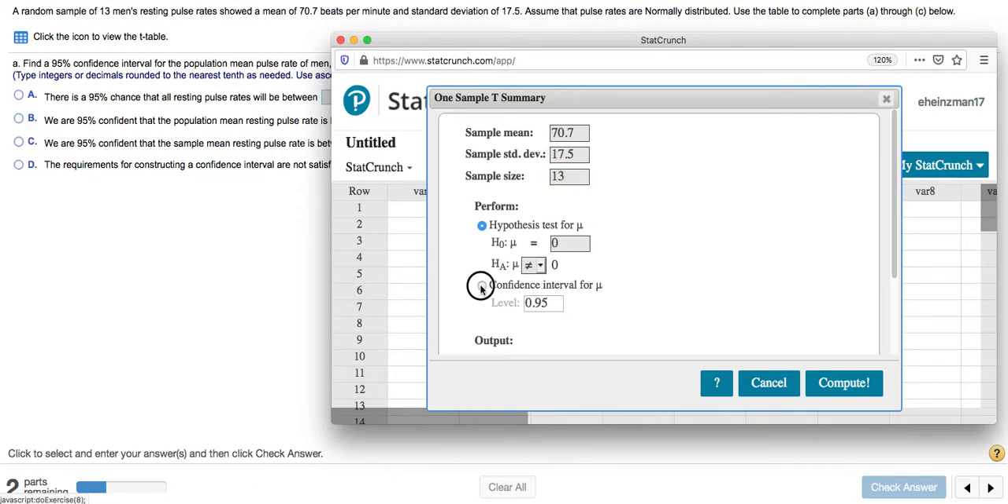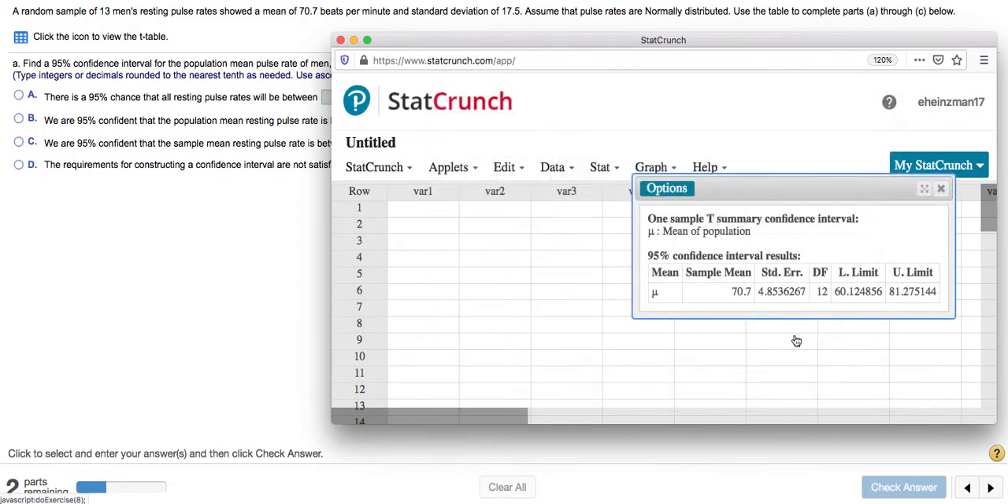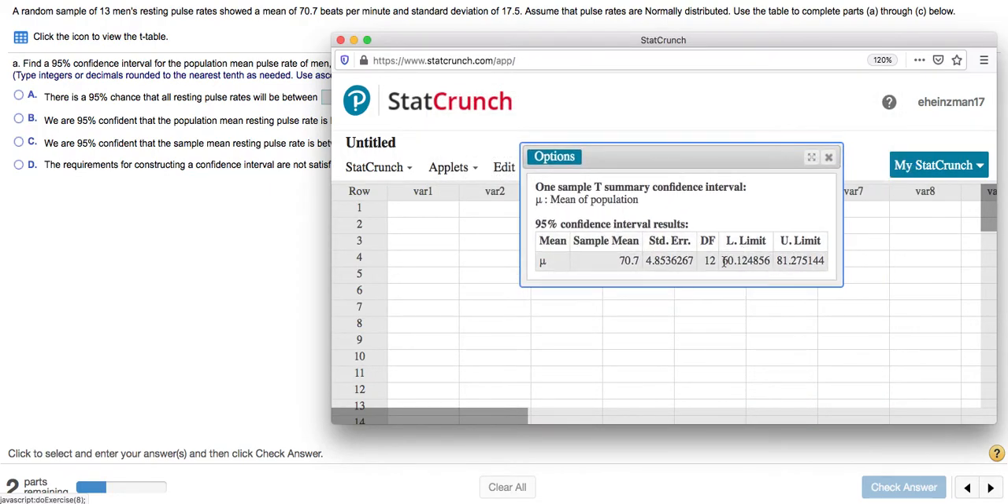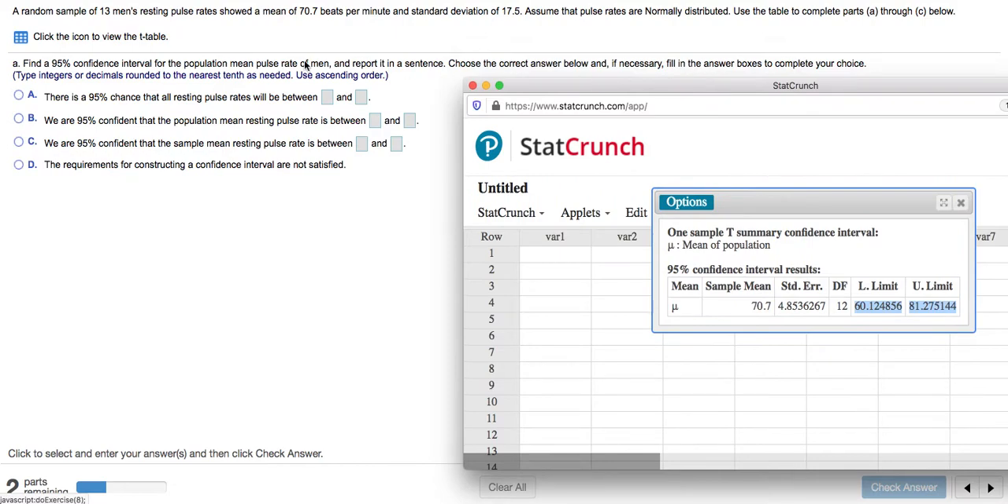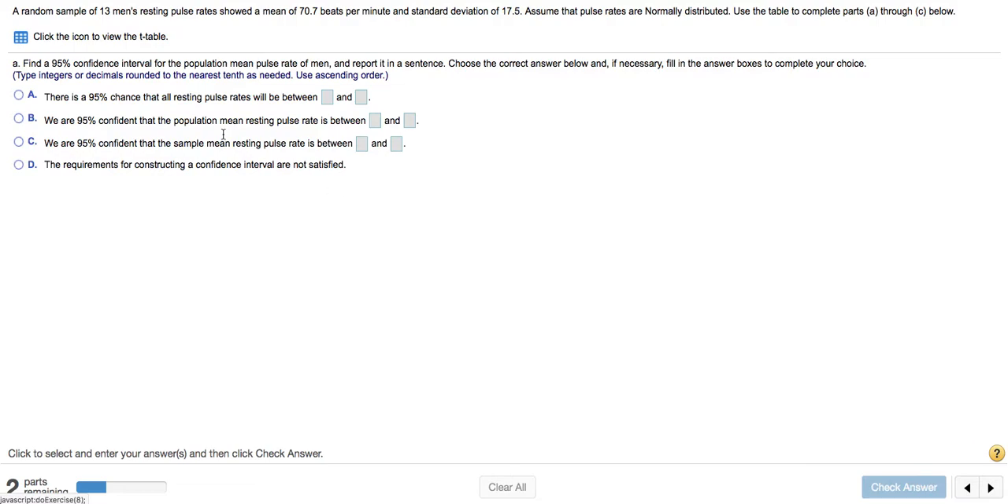And we're looking for a 95% confidence interval, and it's currently set up for us. And that information is displayed here, the lower and upper limits. We're going to round this to the nearest tenth and list it in ascending order from smallest to largest. So that is 60.1 and then 81.3. Okay, so starting with 60.1,